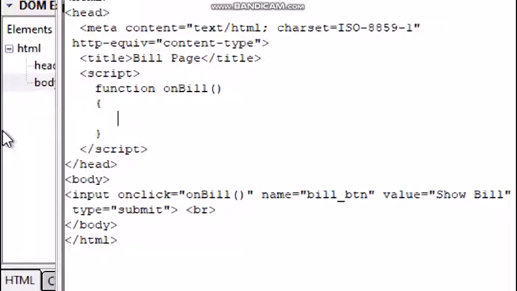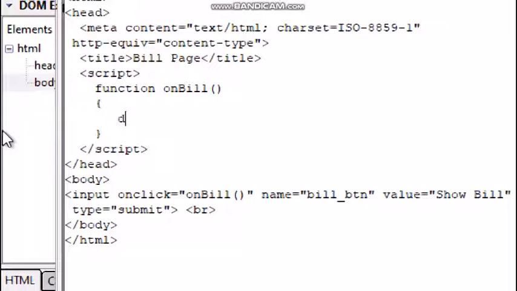Remember, whenever you want to add HTML tags in JavaScript, we need to use document object and write method. And these tags have to be enclosed within double quotation mark.